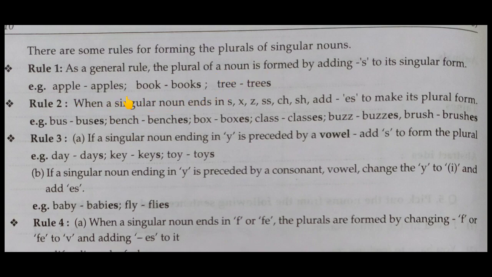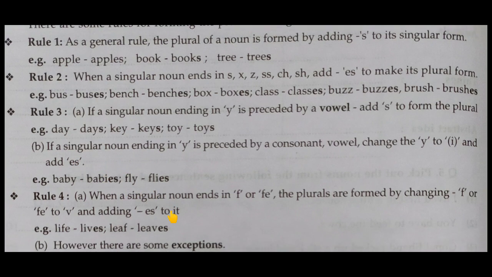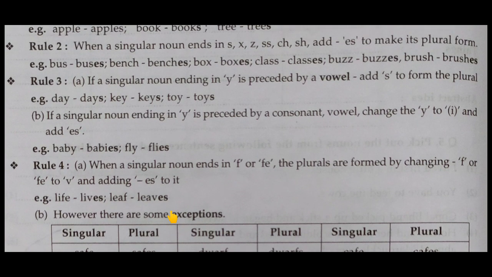For that we add s. When a singular noun ends with these letters, okay, s, x, z, double s, ch, sh, then add es to it. If it is ending with y and preceded by vowels, then add only s to it. And when it is ending with y and preceded by a consonant, then add ies to it. So what the fourth rule is telling us is that when a singular noun ends in f or fe, okay, then